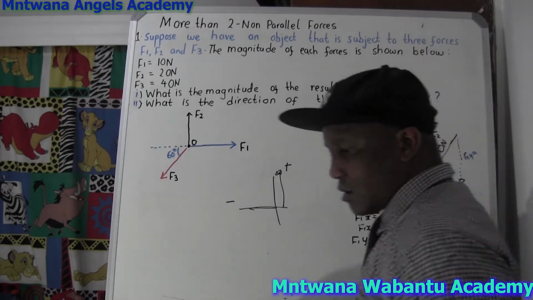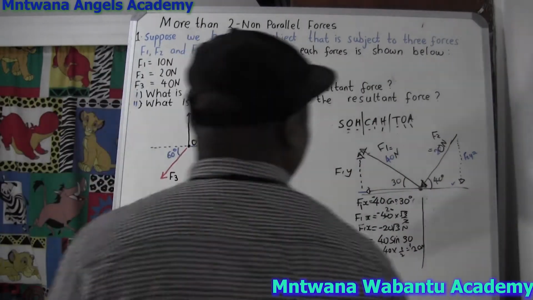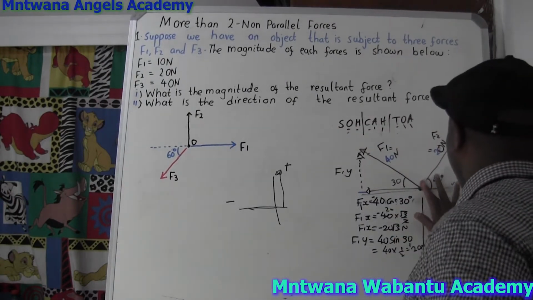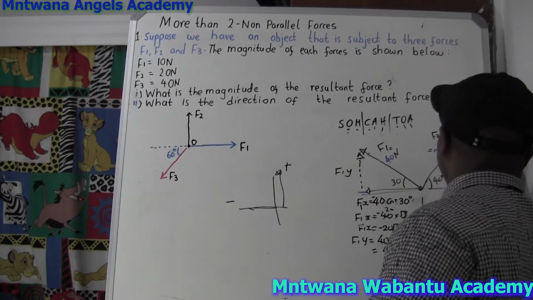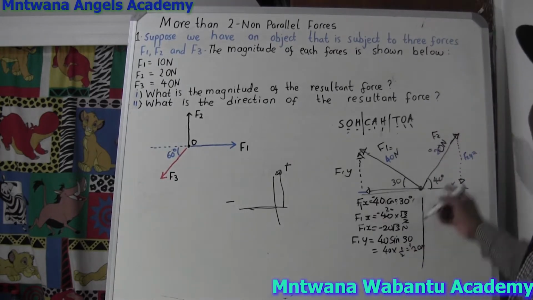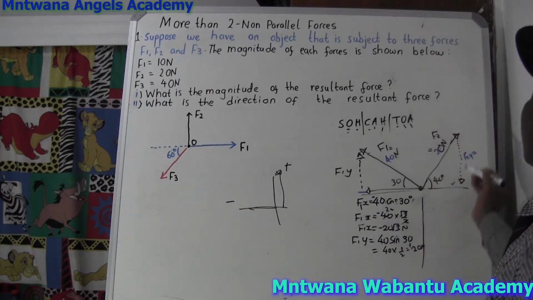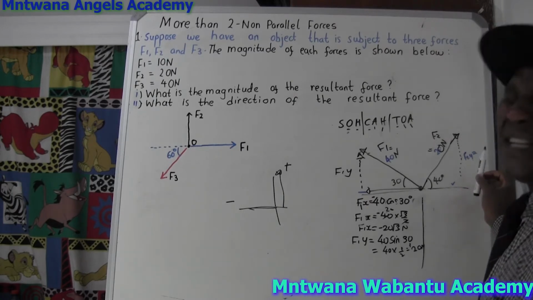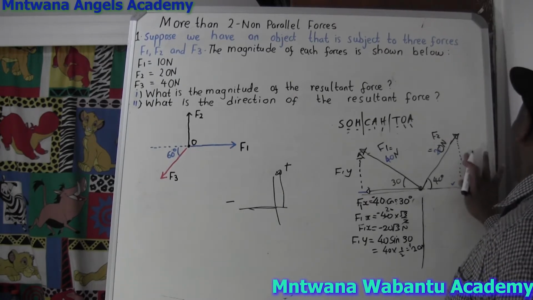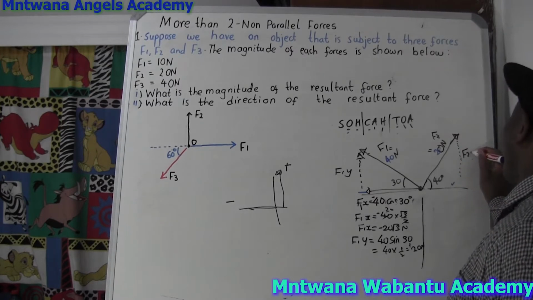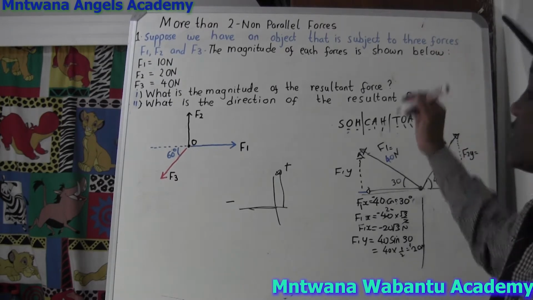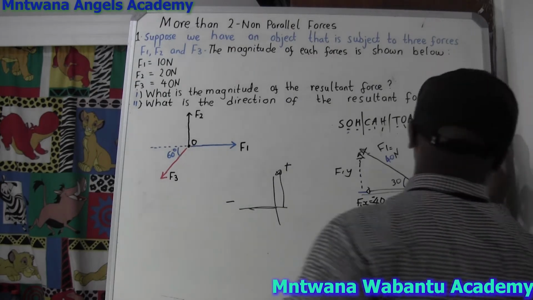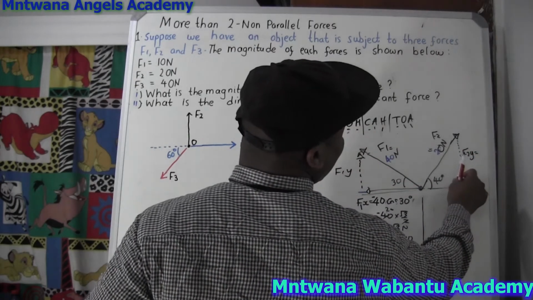Excuse me. So the force, let's say, is moving up here. If this force is moving up that way, so how are we going to say, if I want to find the resultant of this, the component of this force, this is going to be what? F2y, the y component, which is moving up. But if this force is moving this way, and we want to get the component of this force, means, okay,